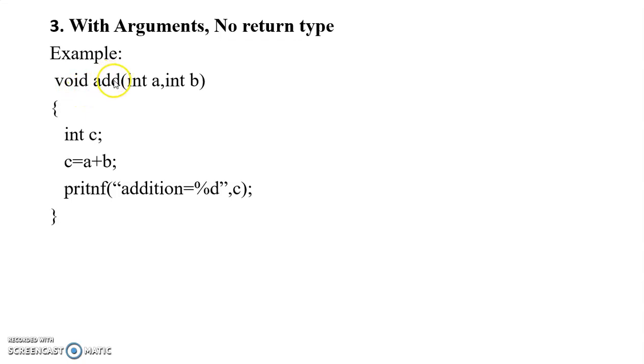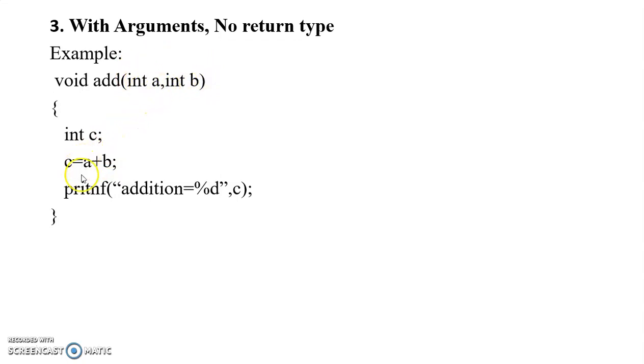Then add is my function name, and here I am passing a two-parameter list, that is int a comma int b. Here the definition says we need to give a separate data type to each of the two separate variables. Fine. After that, your function body, int c. Here there is no need to give the a and b values, because these values are passed as a and b, which are taken directly from the user. So whatever value is taken from the user should be passed in this parameter list.